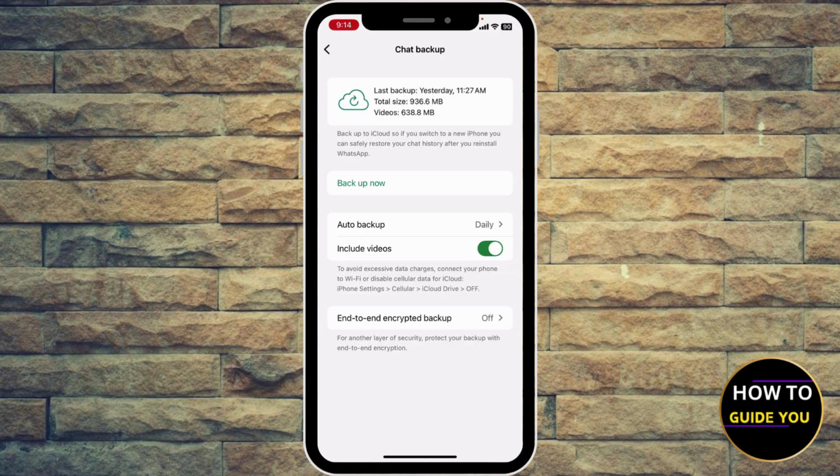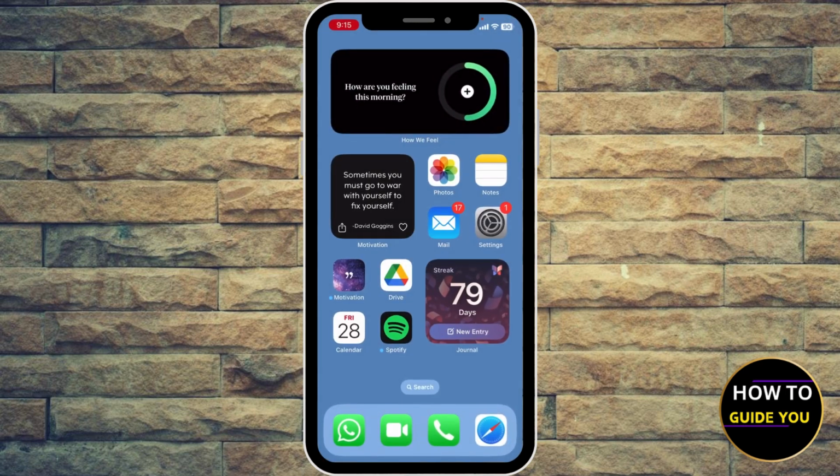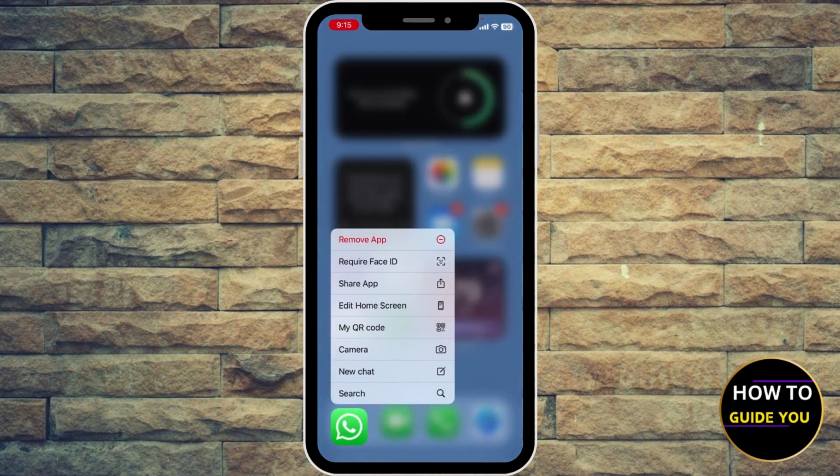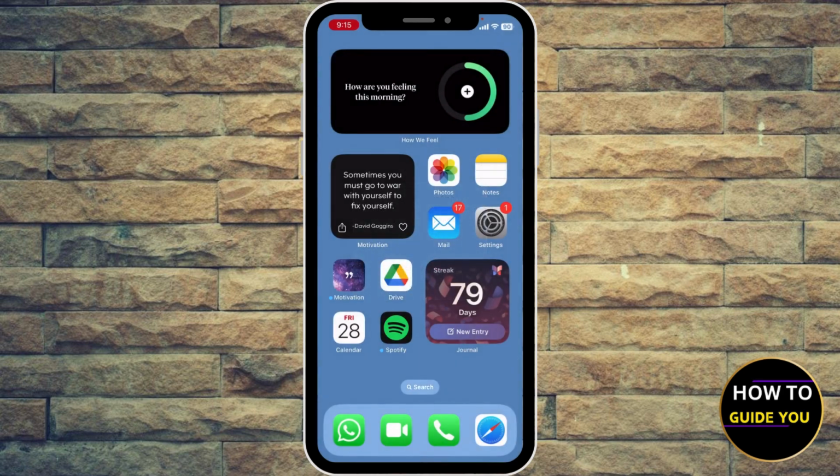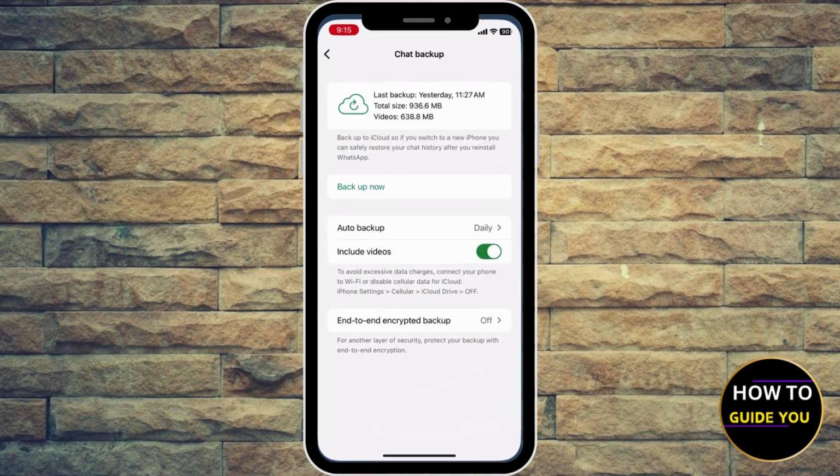If you backed up your WhatsApp like two days or yesterday or one day behind, like you actually backed up, or you actually added or archived all of your messages, files, videos, photos, whatever, and you backed it up, you're going to be able to restore it simply by going back to your screen, holding the WhatsApp, and then hitting remove app, the first option, and you're going to re-download it again from the App Store or Google Play,